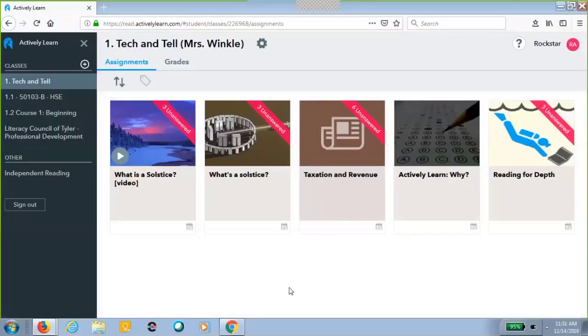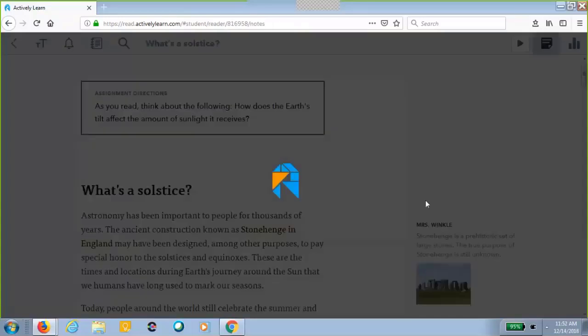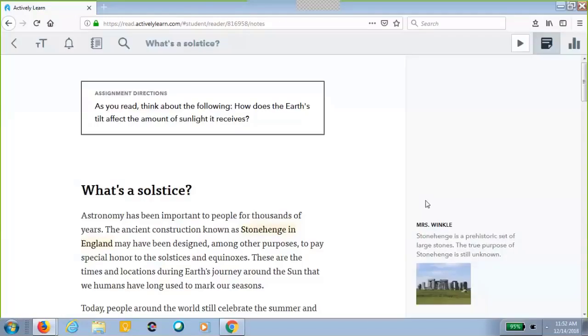So I'm actually pretty excited because you'll notice that kind of goes hand in hand with this assignment next to it, which is called What's a Solstice? This is one I just found this morning and assigned because I thought that might be kind of interesting to look at. And then once I'm in the assignment itself,